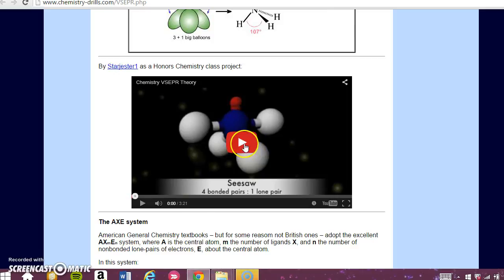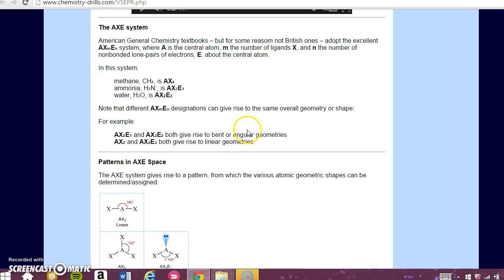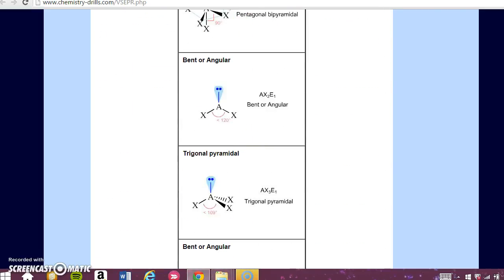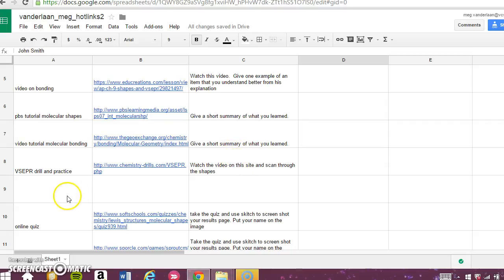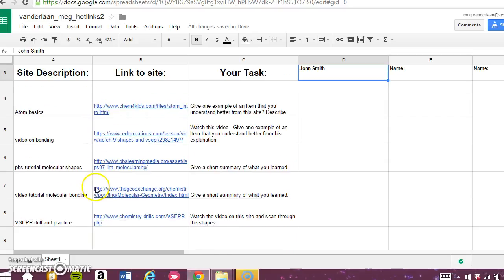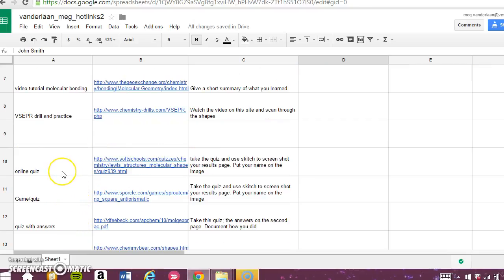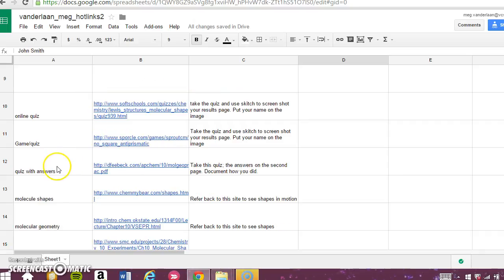And then there's a tutorial at the bottom, or a video that you can watch, or that you will watch. And you go through this, and it gives you some information on how to decide what structure it's going to be. After going through all of that information plus the lesson that we've done in class, I want you to go through these quizzes. Now, in order to monitor how you've done on these quizzes, you're going to use Sketch to screenshot your results page. Put your name on your Sketch image, and you're going to put that into,